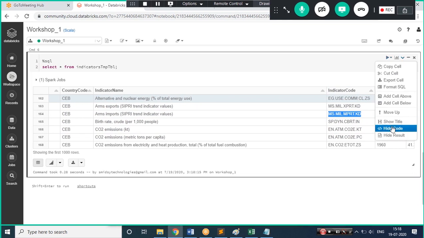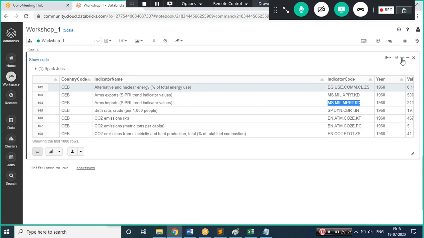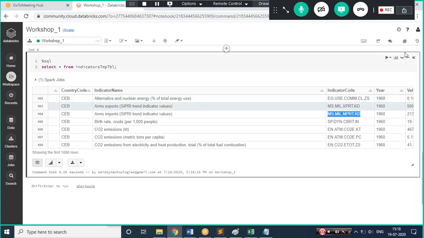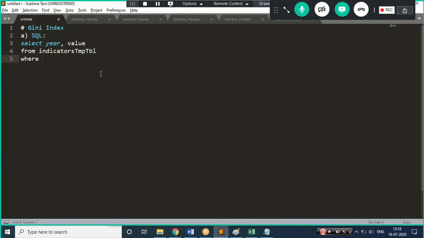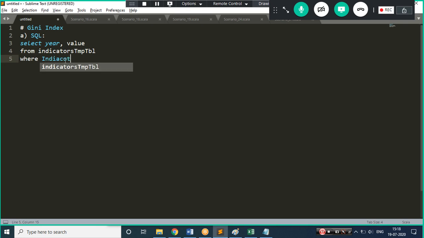So let me just show the code and hide the result. Okay, so let's start writing the query. What I'm trying to do is select these two columns where indicator code equals to. I know these codes because these are my project use cases, and day in day out I'm doing that only.